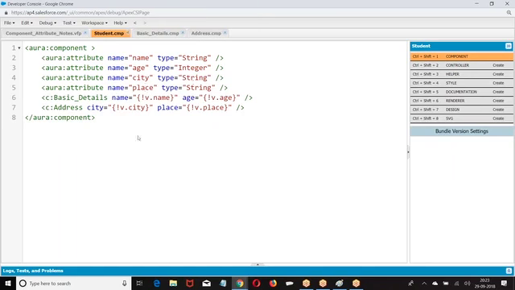This is how I created it. Now invoke the student component in the application.